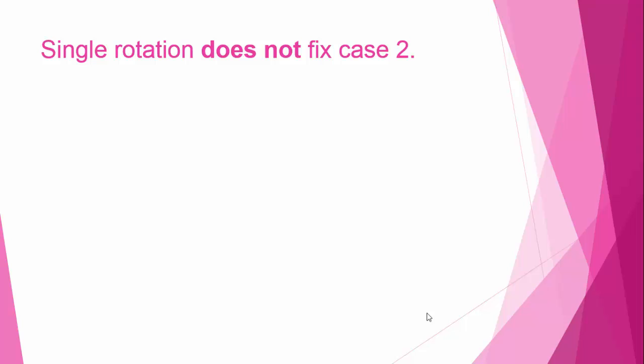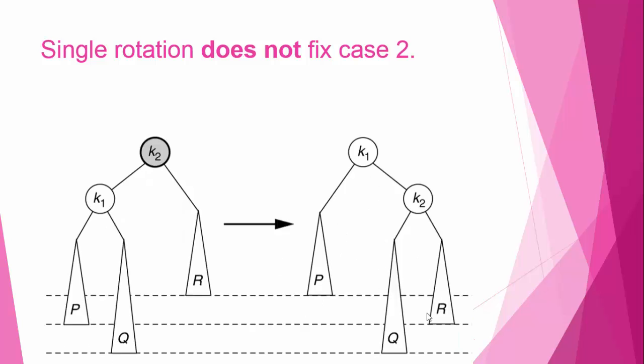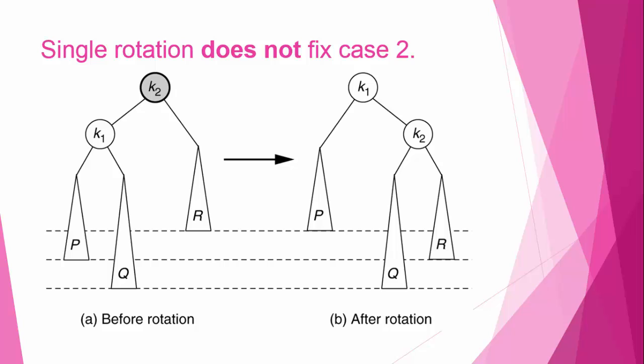Single rotation is not suitable for case 2 and case 3, as we will see in this example. Here the pattern is zigzag because the internal subtree is taller than the external subtrees, so single rotation is not suitable. But if we apply it, we can see